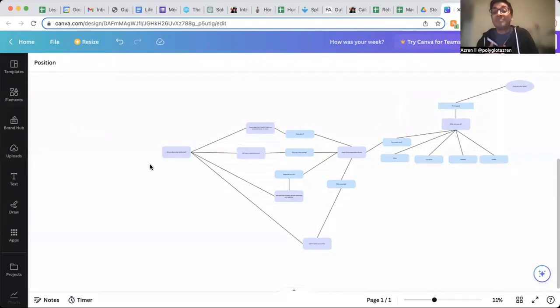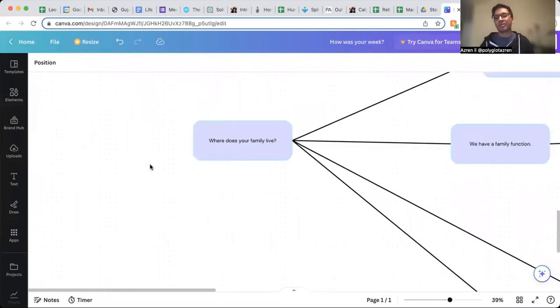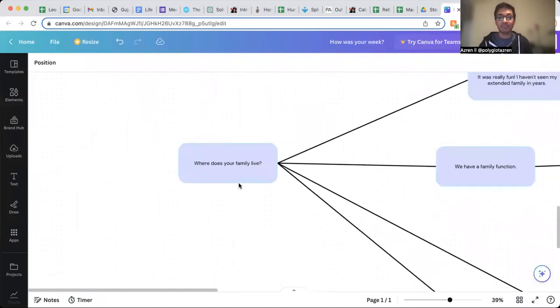So one question I might have asked if I was in the situation was something like, where does your family live? Or do you have family who lives out of town? Is your family all here? I would ask some question related to where their family lives. It makes sense in that conversation. It's a very logical question. Nothing wrong with that. And that puts me back in the shoes of the question asker.